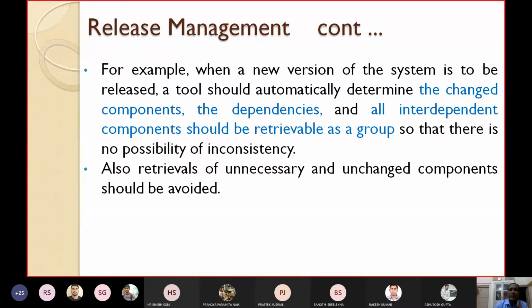Which components are changed? The tool should automatically determine. Similarly, is there any dependency among the components? That should also be determined by the tool. And all interdependent components should be retrievable as a group. So which components are interdependent? All interdependent components should be retrieved as a group, so that there is no